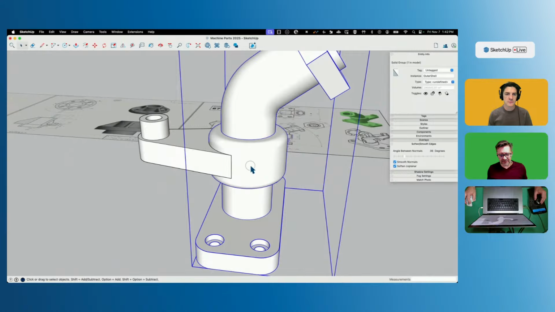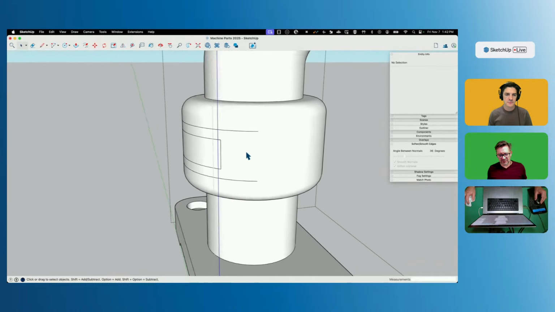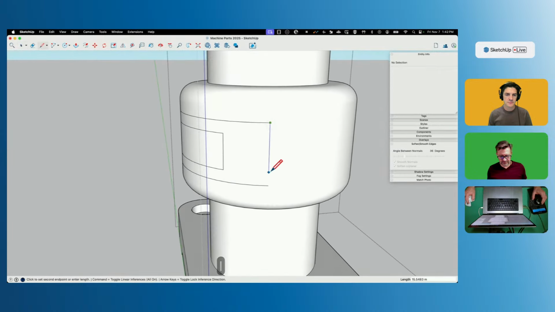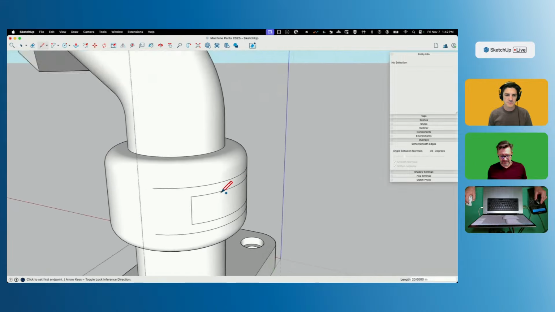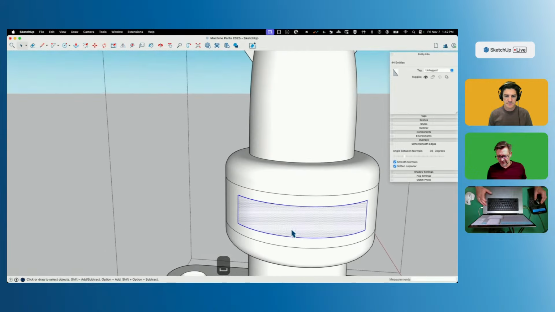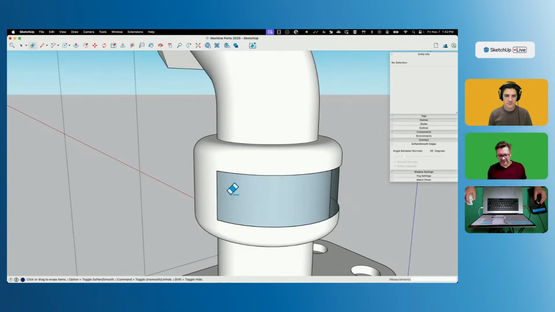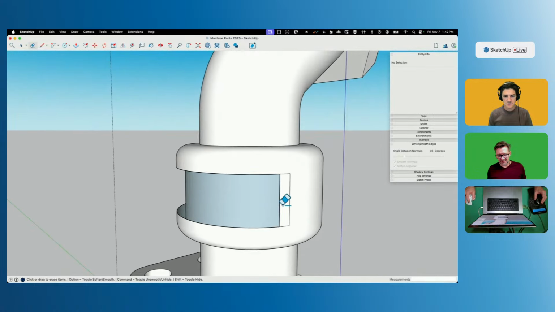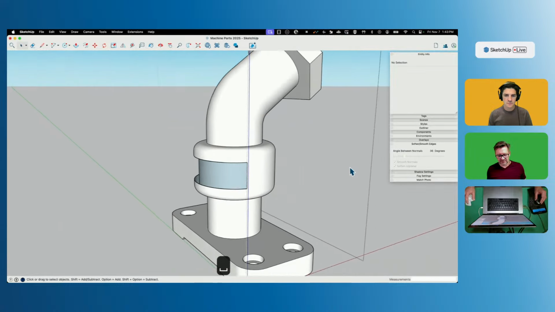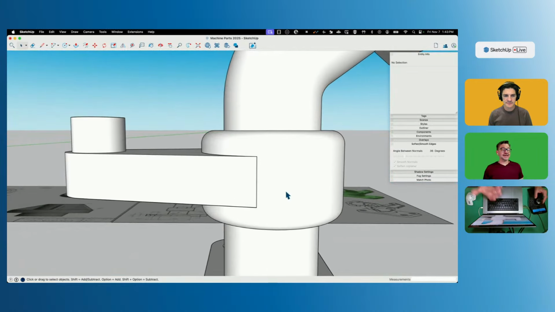I got to do the same thing here, though, right? Because I got to select this, say intersect face with model, and it should give me the similar breaks. Did not quite break it there. That's okay. Because the outside piece, we don't even need this. Let me get rid of that. So now we have where those two outside pieces meet. Come on, close that. They show up beautifully, but now I got to get to the inside